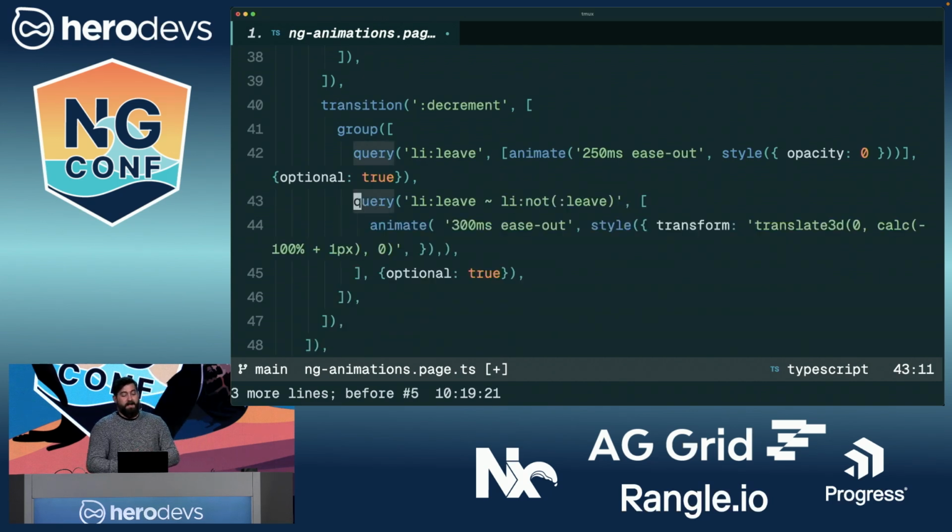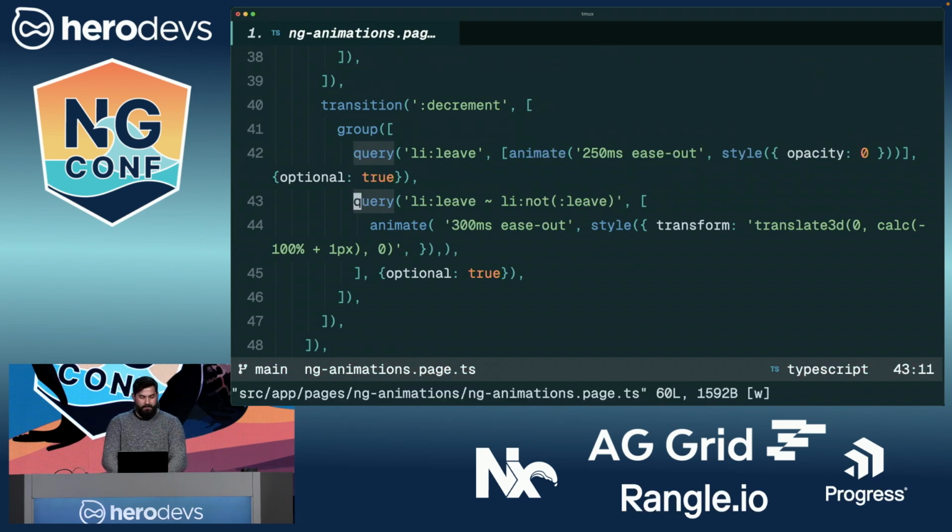But we can take it a step further and actually combine those using an adjacent sibling selector. That's that little tilde right in the middle, where you can say, look for the leaving element and then its subsequent siblings. And just move those up to the missing spot. So all of that together